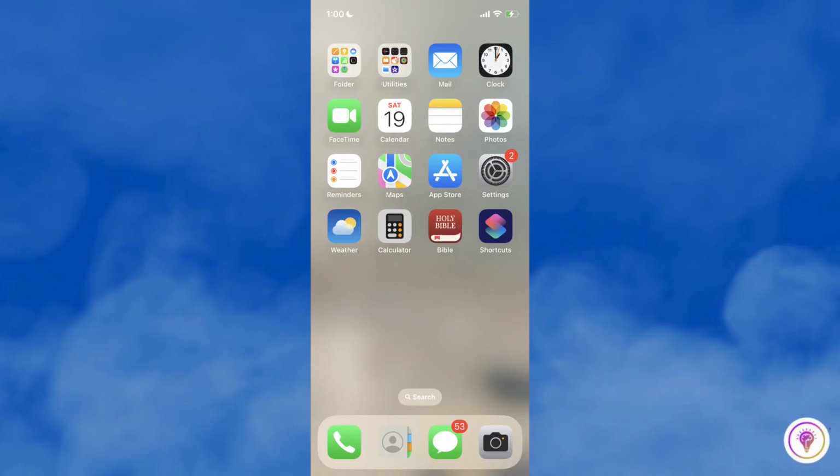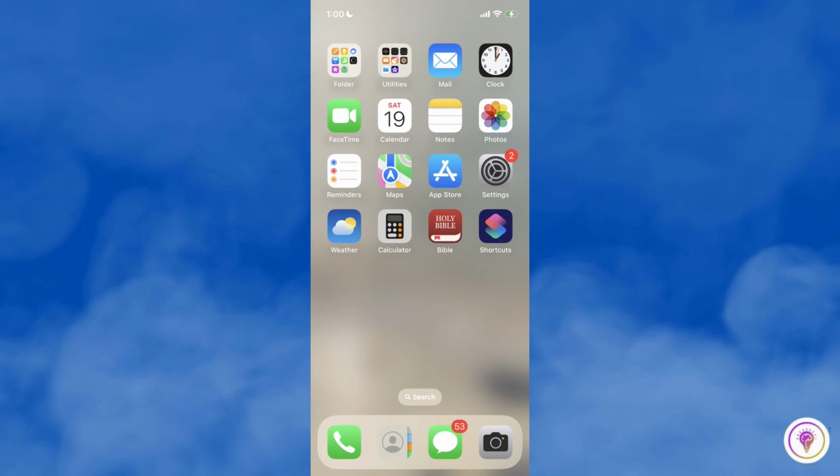For today's video, I'm gonna show you how to upload photos to iCloud. So to upload photos to iCloud, you will need to ensure that iCloud Photos is enabled on your iPhone or other Apple devices. iCloud is a feature that automatically stores your photos and videos in iCloud, making them accessible across